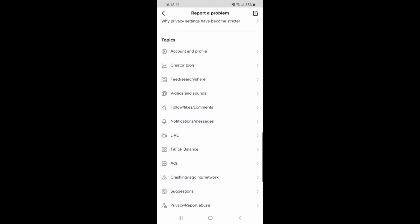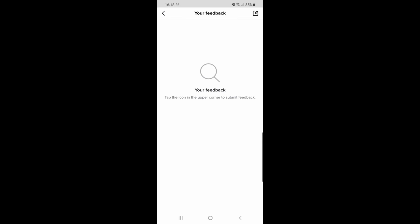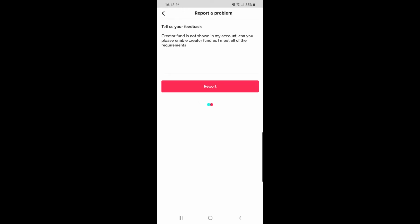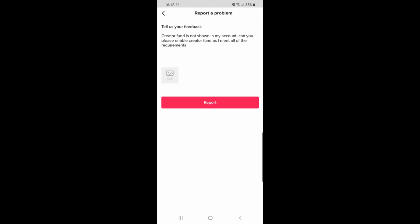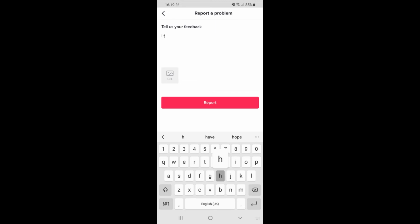If you can't find one there, what you can do is simply come to the little pencil icon on the top right. Once you click on that, it will say Your feedback, and then you can click on the pencil icon in the top right hand corner, and what that will do is bring you to here, and now it will allow you to send a question or feedback to TikTok. So all you simply need to do is, for example, just say to TikTok, I think my account should be verified. There is no